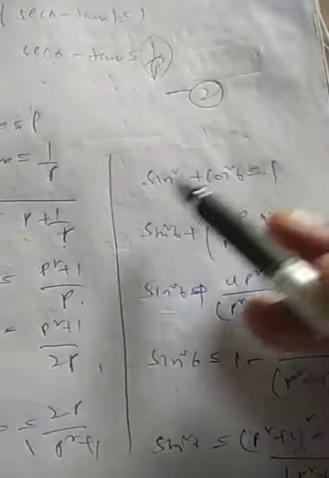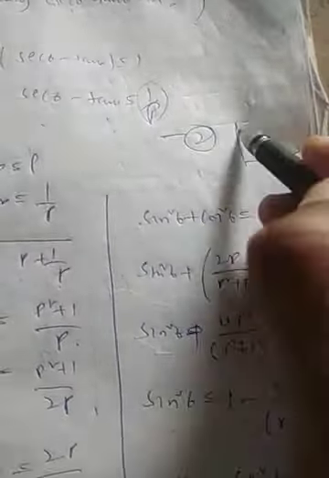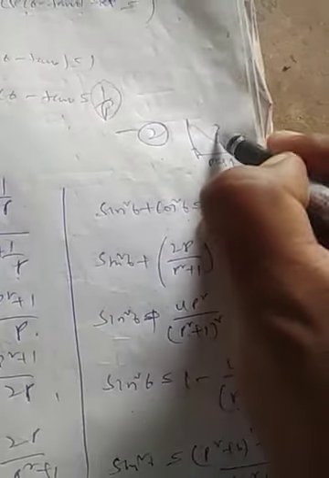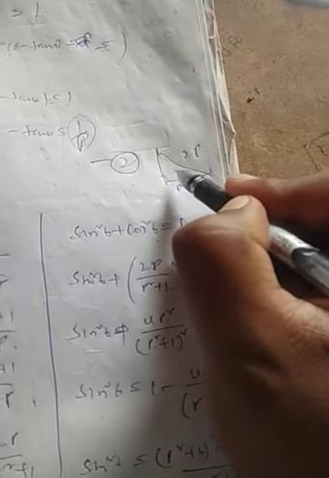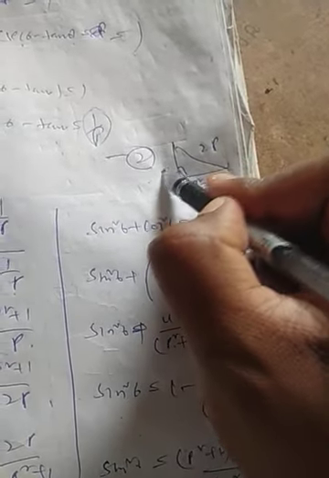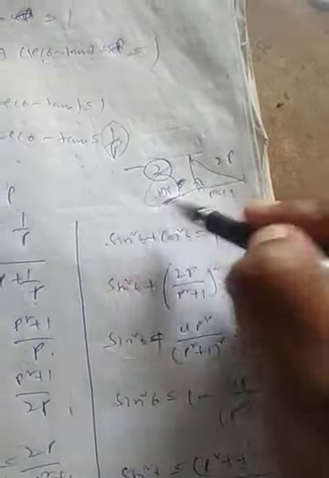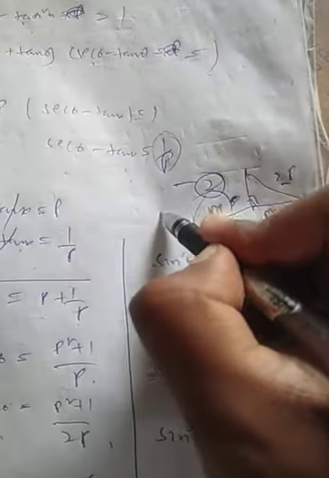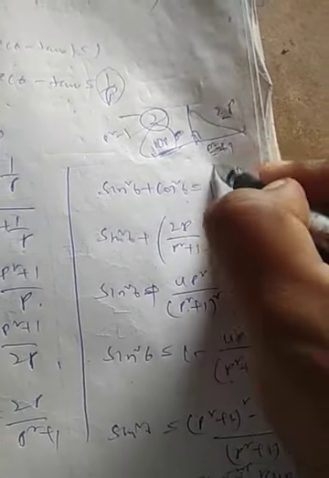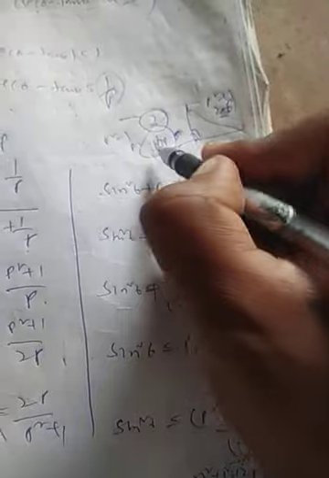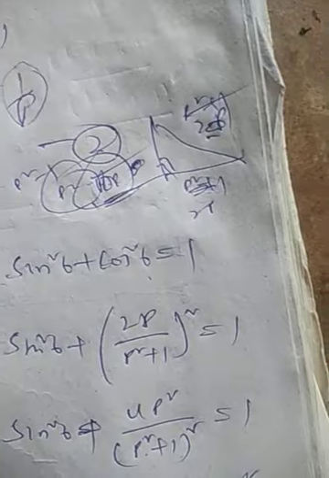We got sec theta, and sec and cos are reciprocals. By using the identity in terms of sin and cos we find it. Otherwise, take the triangle like this. So what is this? Adjacent by hypotenuse. So this is the adjacent side and this is going to be the hypotenuse. So make use of the Pythagoras theorem, get this value, and it will become the opposite side. So opposite by hypotenuse. Sorry, adjacent is 2p here. Hypotenuse is p square plus 1. This value you will get as p square minus 1. At that time p square minus 1 by p square plus 1 will be your answer.